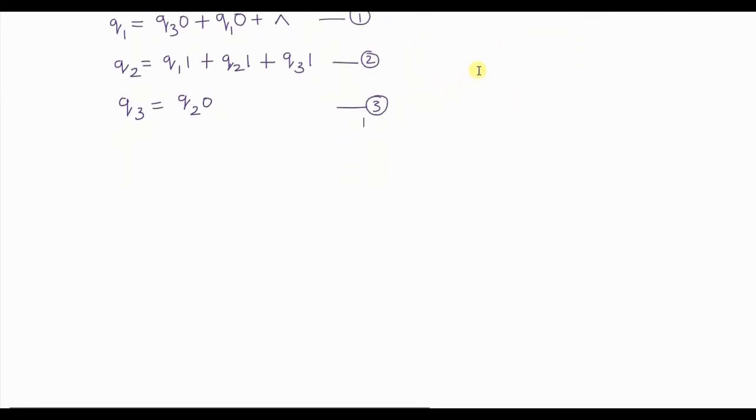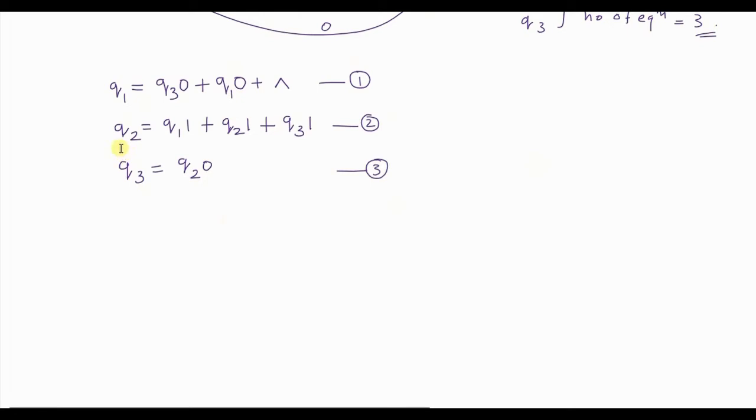Okay. Now what we need to do is, your final answer in Arden's theorem will always be present in Q1. Your final answer will always be in the equation for Q1, because Q1 is the initial state. Now just see what are the different terms which are there in Q1. You have a term called Q3, you have a term called Q1. So as the first step, I am going to substitute Q3 in equation 2.